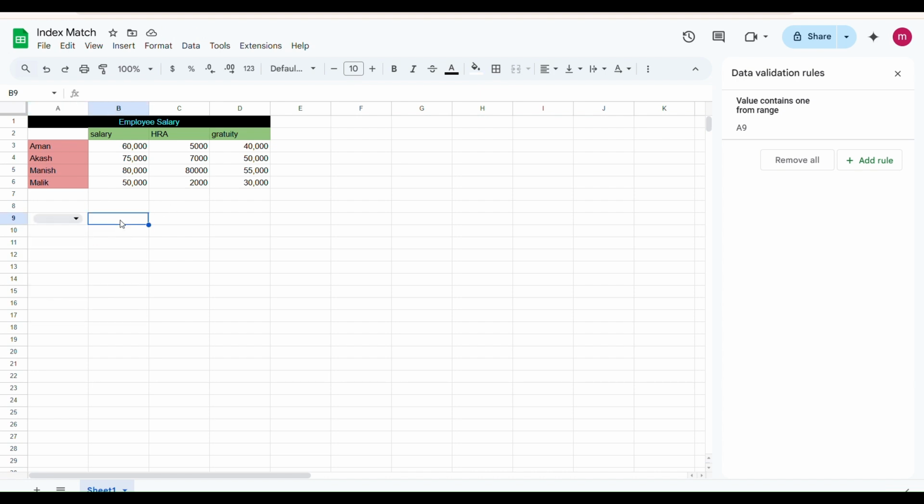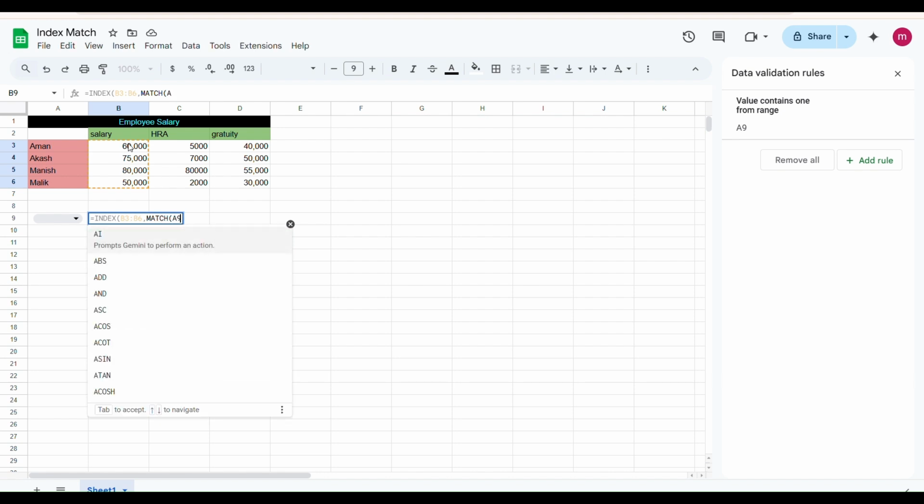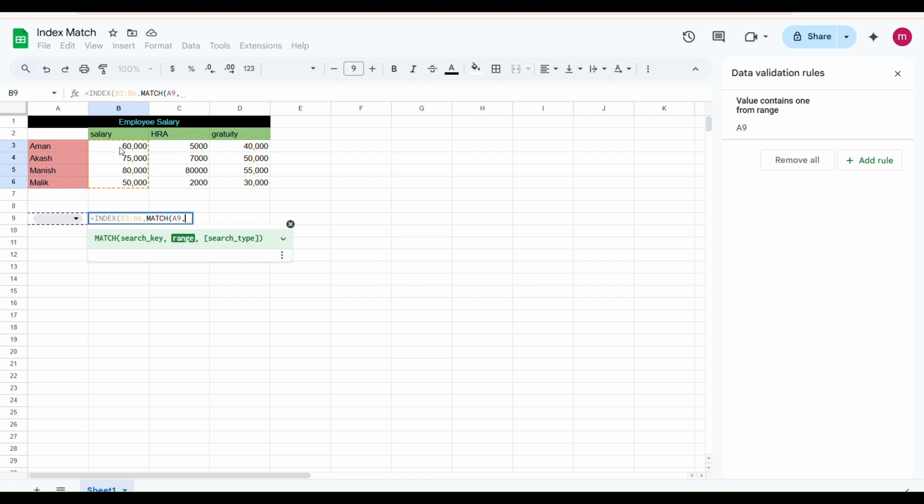So you have to do one thing: equal to INDEX, reference. This is our reference. I already told you, and MATCH. Now at this point you have to just select the column where you put the drop down. Like I just selected drop down A9. So I just write down A9, comma, range. This is our range,